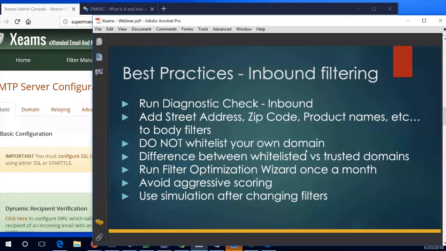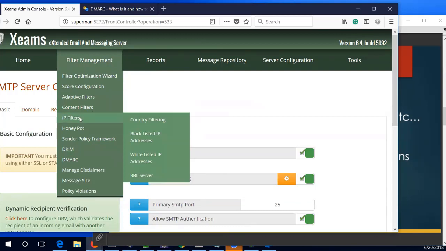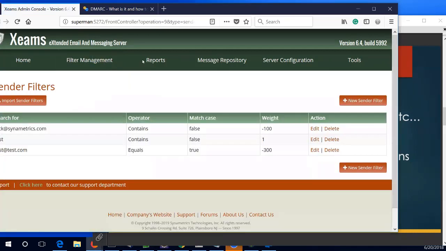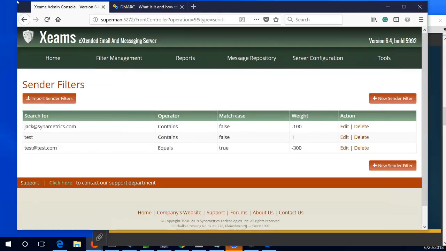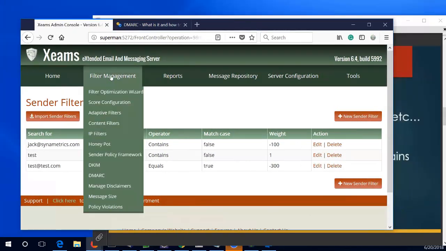Now, there's a big difference between whitelisting and trusted domains. So what I mean by that is, if I go here to, where's my whitelisting? Okay, here we go. No, this is the IP address. Whitelisting is in content filter and center filter, right? So if I go to the center filter and I add one of the domain names here to whitelist, that is quite different from a trusted